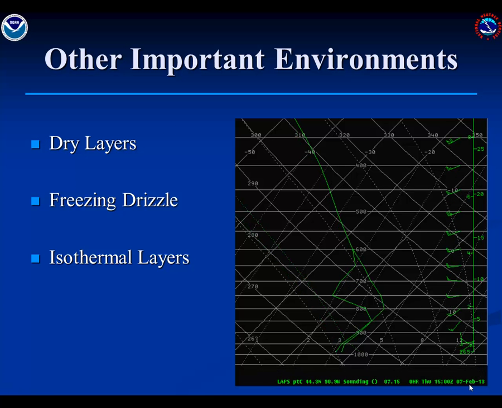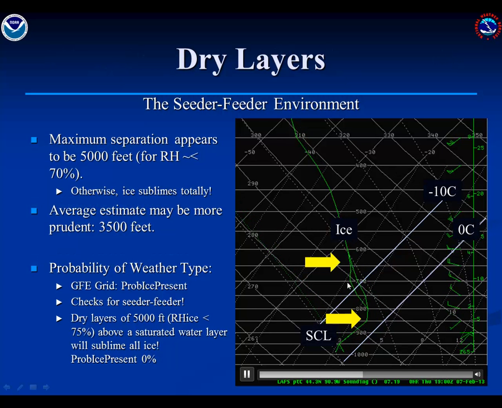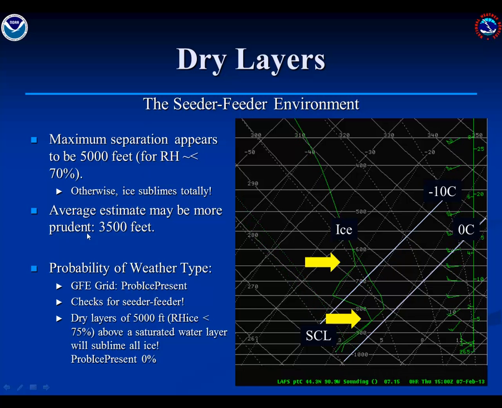Finally, let me share some other nuggets of information with precipitation type forecasting. Some things that we need to be aware of. First, dry layers. In the dry layer scenario, we need to make sure that the seeder-feeder mechanism is not going to kick in, or that the ice that we diagnosed in the ice producing layer is going to fully sublimate. So one of the things in looking at the research is that relative humidity layers of, say, about